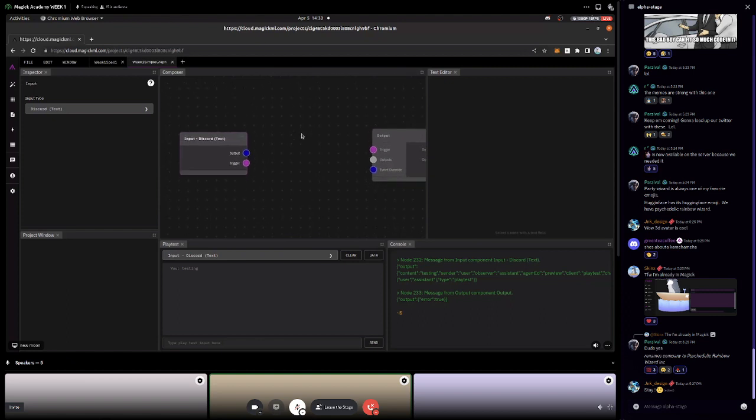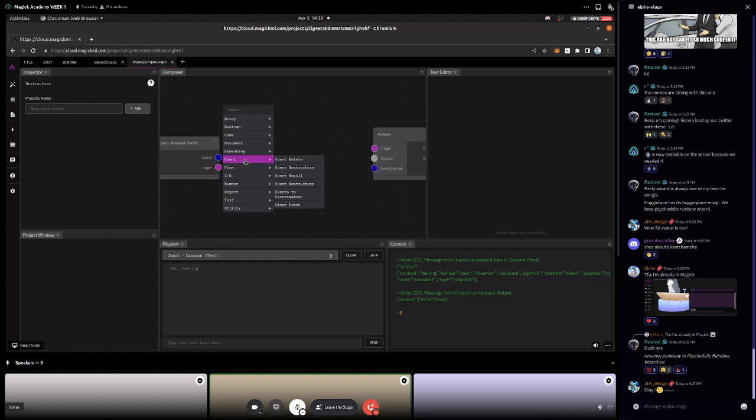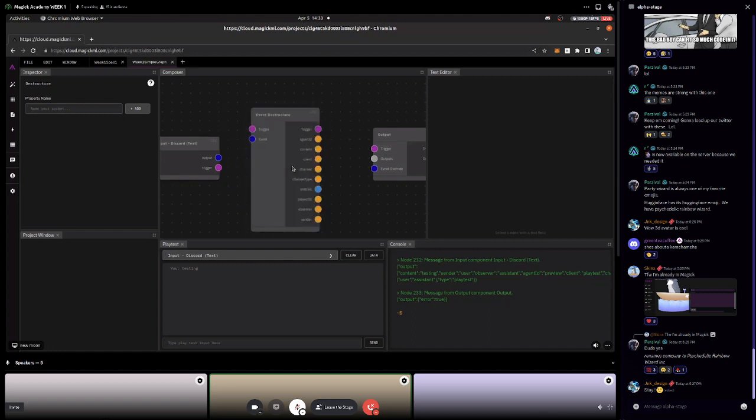There's two ways to do this. One way is with the, this isn't the newest version yet. Well, we have a new node called destructure, and we've actually renamed it so we can get values from objects. But we don't have that pushed to prod yet, so we're going to use the other option. In our event view, we have an event destructure.